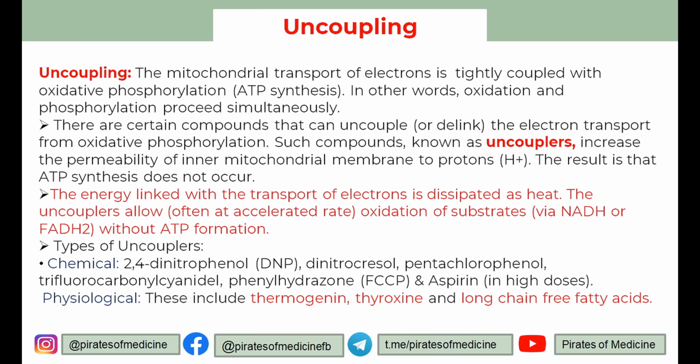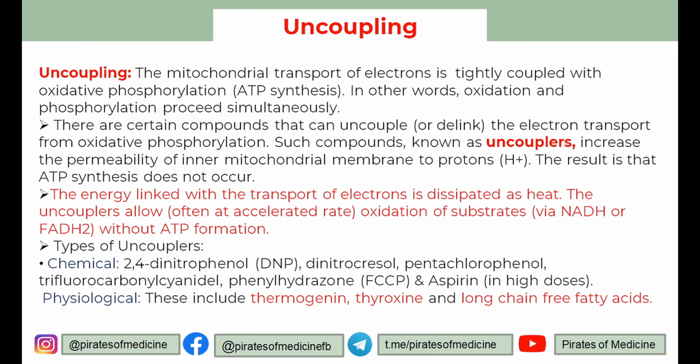So this process uncouples the electron transport chain from oxidative phosphorylation. There are certain chemical uncouplers like 2,4-dinitrophenol, dinitrocresol, phenylhydrazone, and even aspirin in high doses can act as a chemical uncoupler. But there are some physiological uncouplers that we need to know. First of them is thermogenin. Then we have the thyroid hormones T3 and T4, and even some long chain free fatty acids can uncouple the electron transport chain and